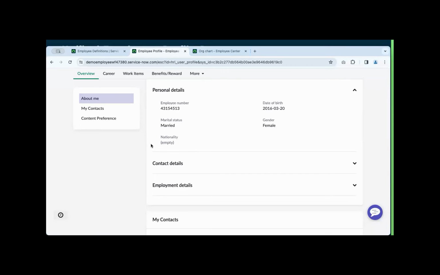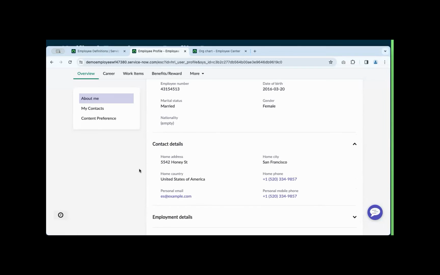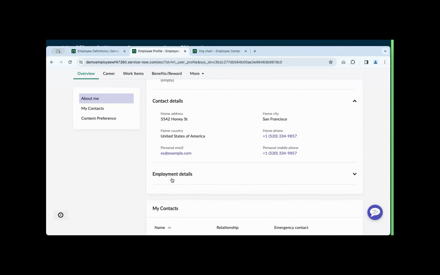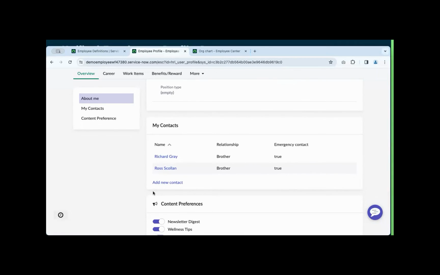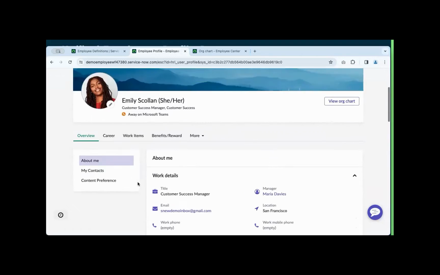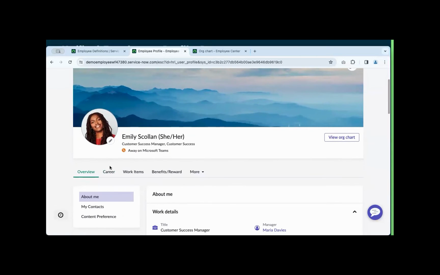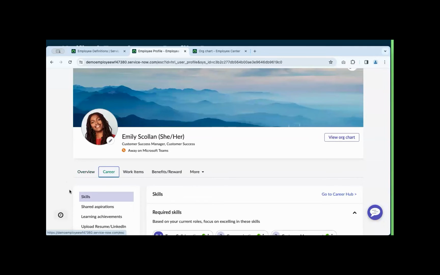But while I'm already here, let me check out the other details. Like, yeah, I can see my contact details. These are all right. I can see my employment details, like my employment start date. This seems to be about right. Then I can see my contacts, and I have some of my preferences configured here on the preferences widget. So that's that. Then moving on to the career tab,